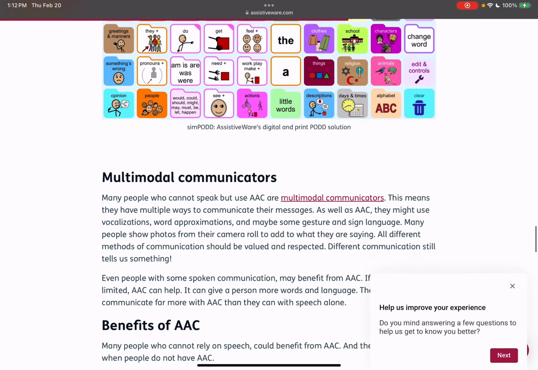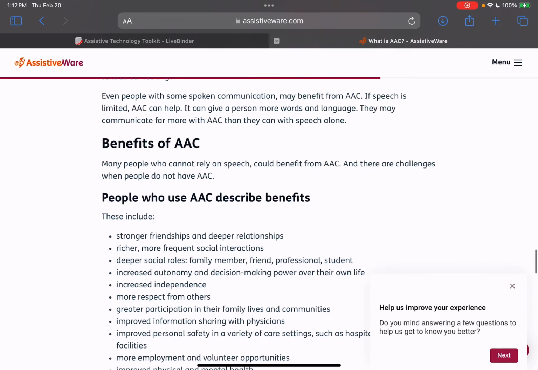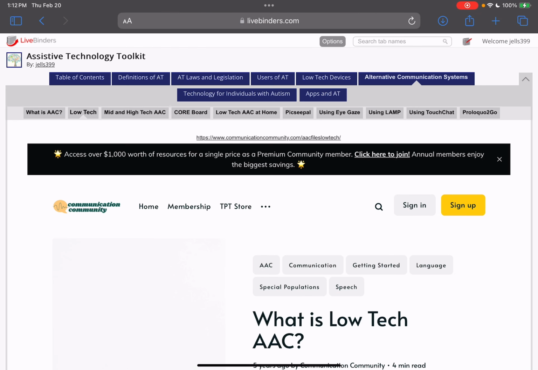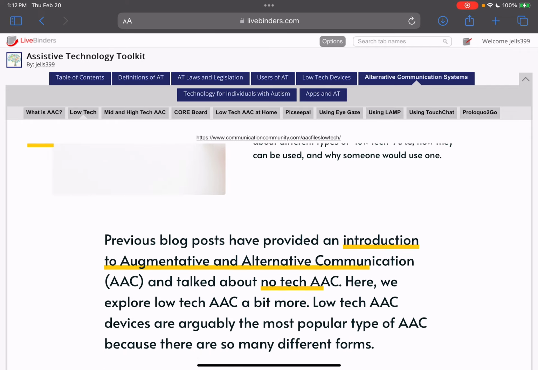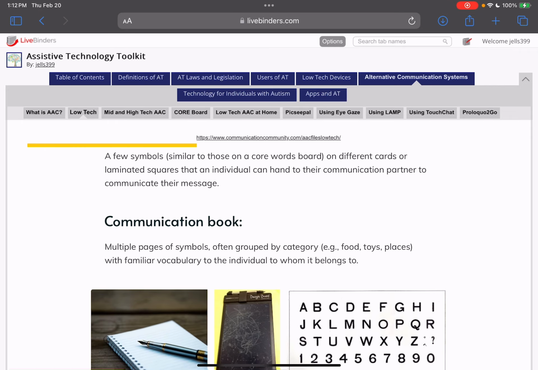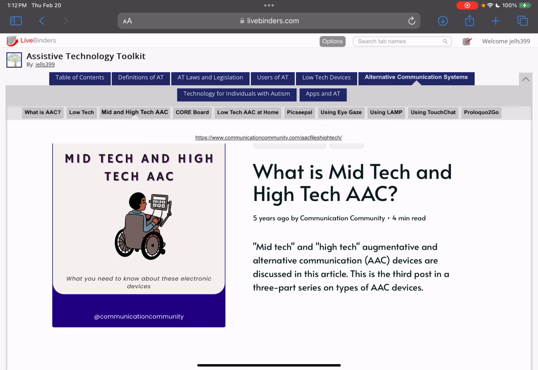It really explains what it is for people who have no idea, and then talks about different types of AAC, because some people think of a specific type of AAC when there are actually many different kinds. So I really liked everything that was in this article. And then I included low-tech AAC,